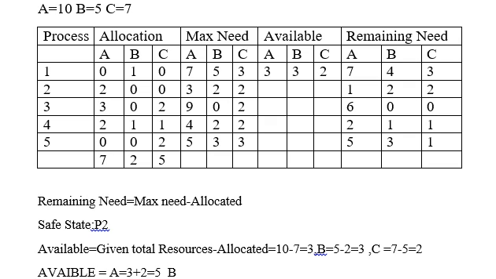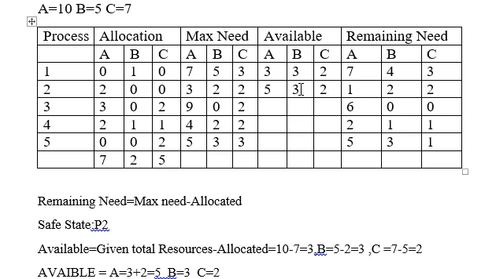For resource B, what was the previous available? That was 3. Now how many units did process 2 hold? Nothing, so that remains the same. And the available for resource C was 2. How many are released by process 2? There is nothing, so again it remains the same. So the new available that we have is A equals 5, B equals 3, and C equals 2. I will write that over here: 5, 3, and 2. Alright, so that's the next available that we have.